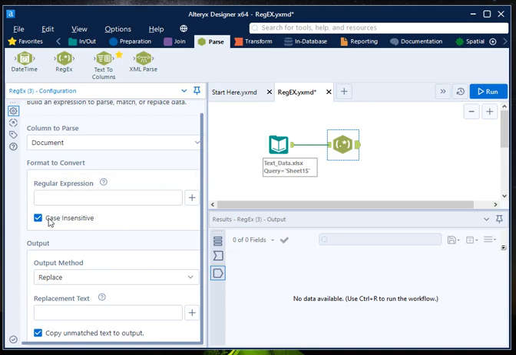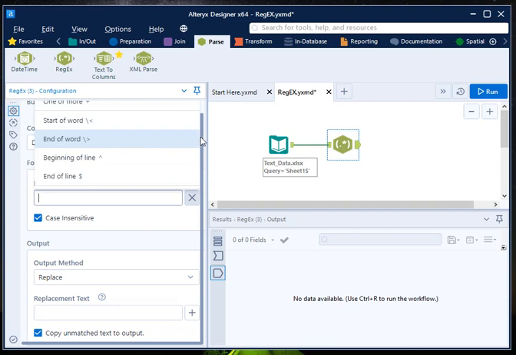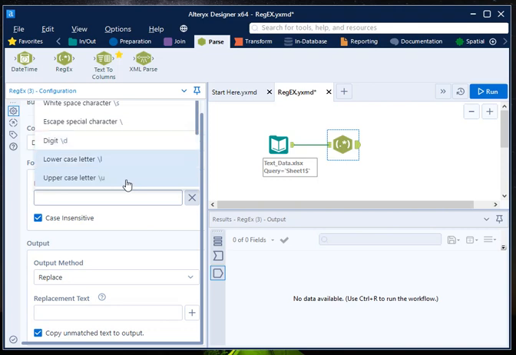Next, what is the type of regular expression you want to choose? From this plus button you can select different types of regular expressions. For example, for digit it is \d, for uppercase \u, for lowercase \l, and so on. In order to extract the entire word, it's this one. And in order to separate a particular part into some other column, there is a mark group present. So you click here, and you have to write your regular expression inside this.